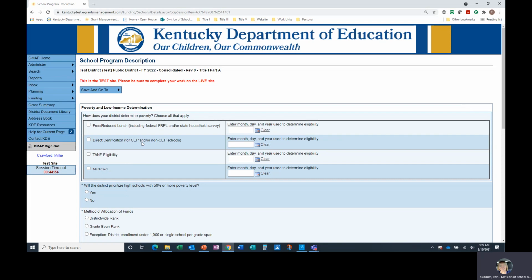Two measures may be selected if the district has some schools participating in the Community Eligibility Provision, also known as CEP program, and some schools not participating in CEP. In order to be eligible for CEP, districts and/or schools must meet a minimum level of identified students for free meals. Identified students are students approved as eligible for free meals who are not subject to verification.